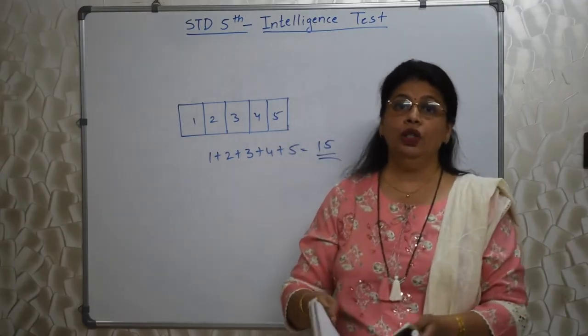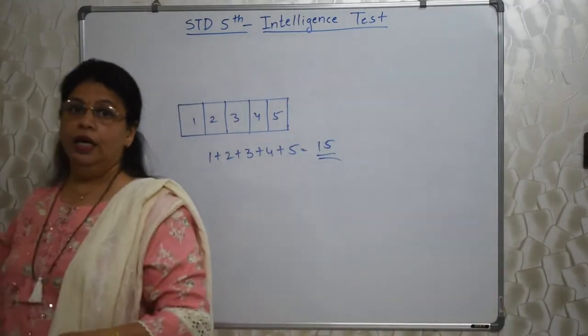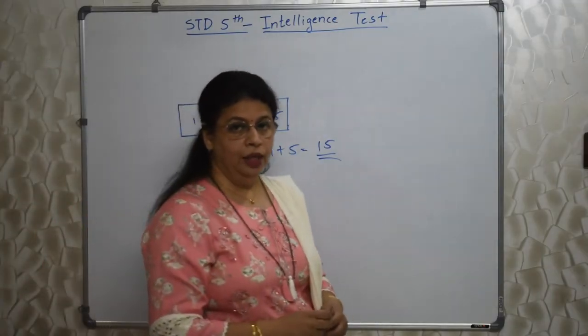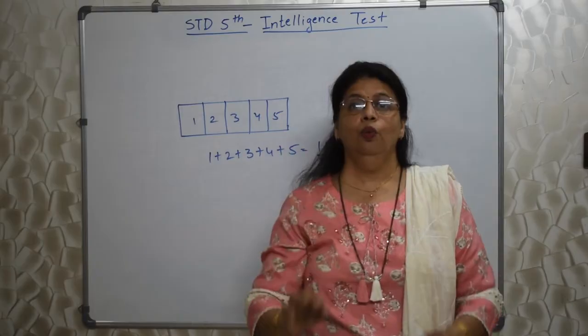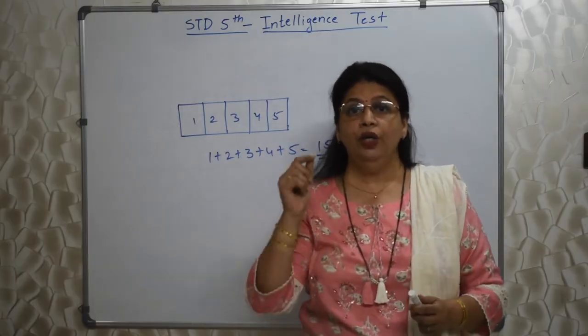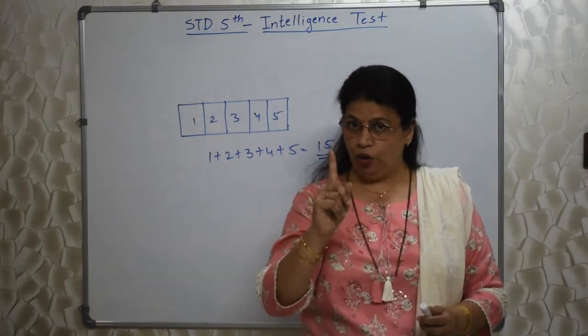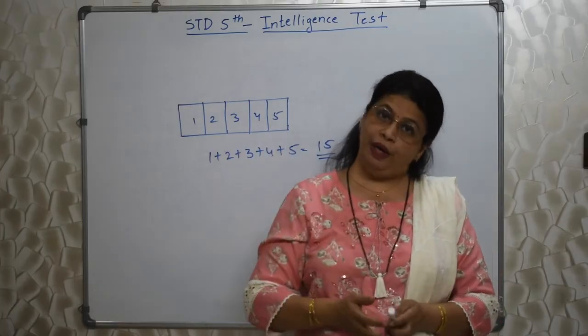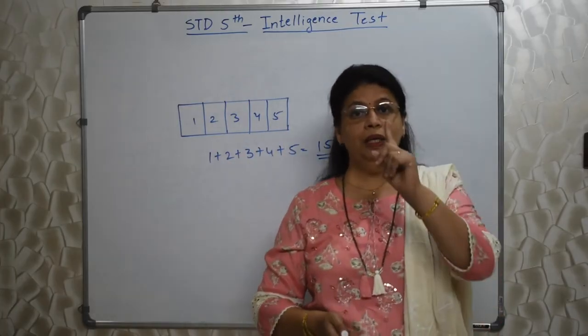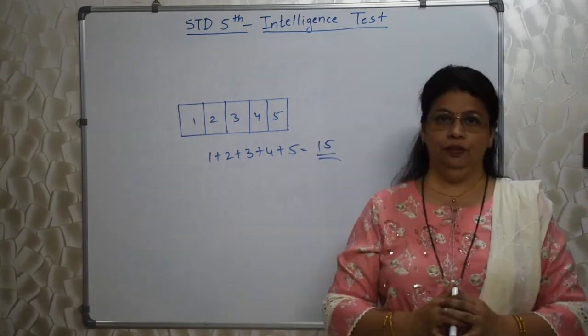Okay. Emotional and social intelligence is the easiest part of your syllabus. There your answer should be what the best person in the world, he or she, will do. You are supposed to choose that option. I have clearly explained in my video. I have made a video on that topic as well. So please see that. Okay students?